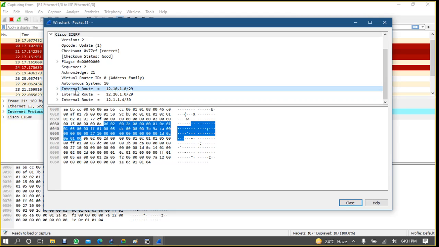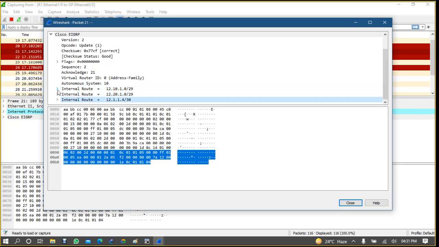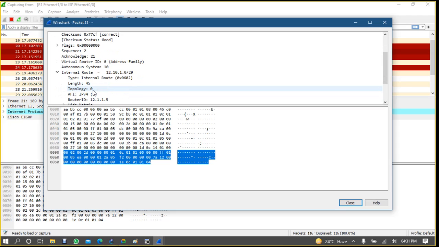And it is an internal route or external route. Internal routes. So it will be there, whether it is internal or external. And then information will be there,